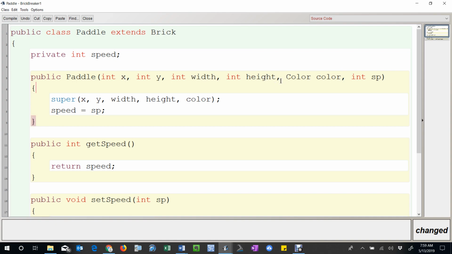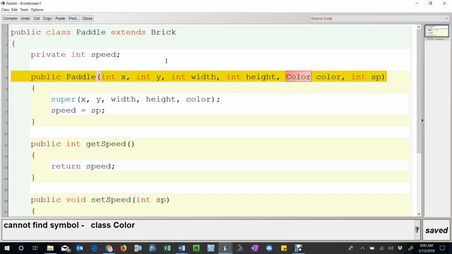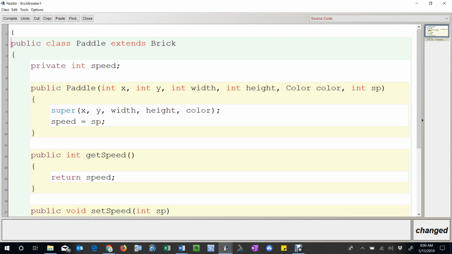Okay, so we'll change it back to a color. Oh, by the way, if you do change that to an image, then of course you would have to go back to the Brick class and change that from color to image as well. Okay, so we'll compile. Color doesn't work. Oh, yes. So whenever you use color, we need to import